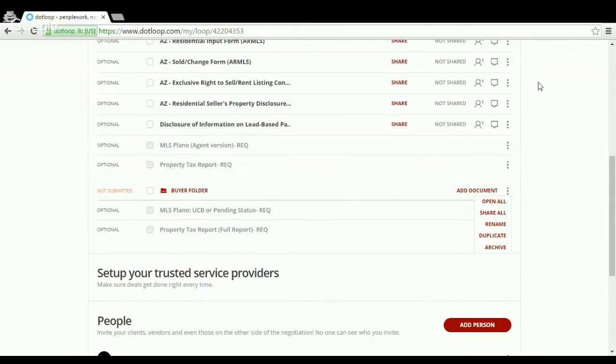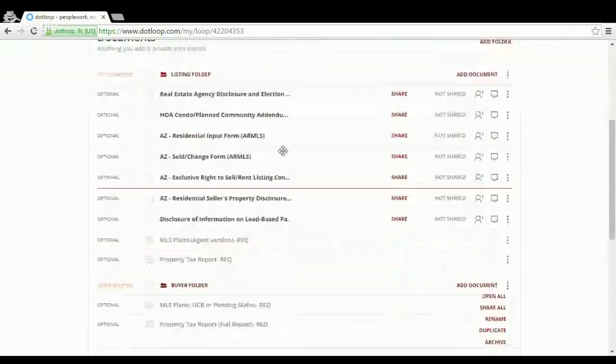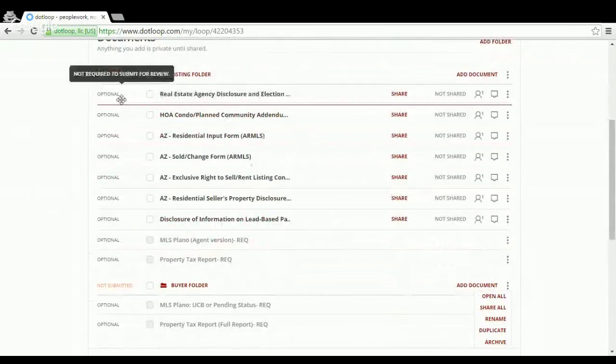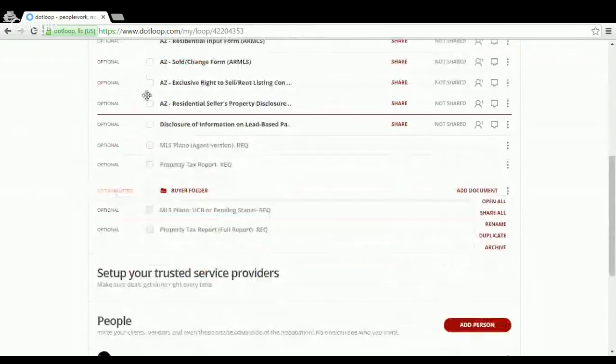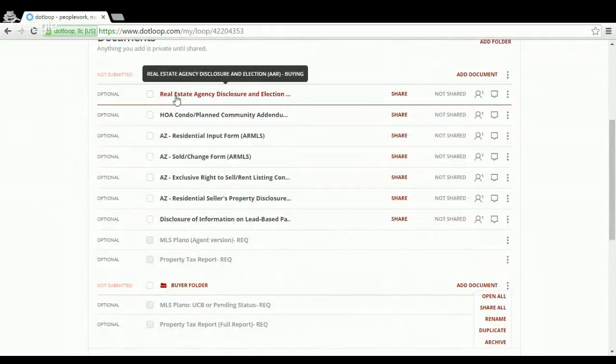Okay, so whenever you get this under contract, all of your buy-side documents are going to go in this, and all of your listing documents are going to go in this. Now, notice they all say optional. That means that we haven't opened them. So now if I open the agency disclosure and election,